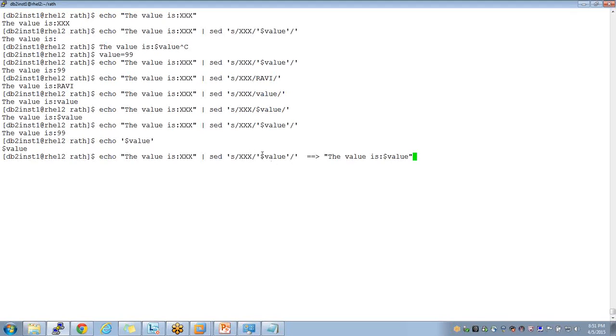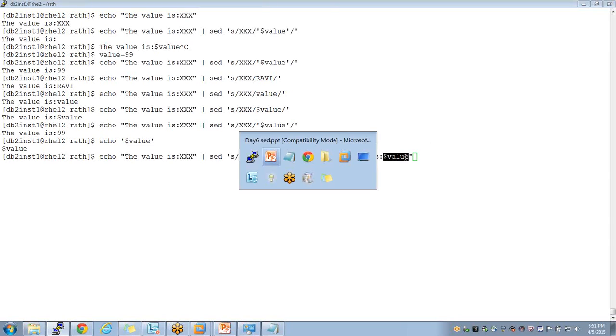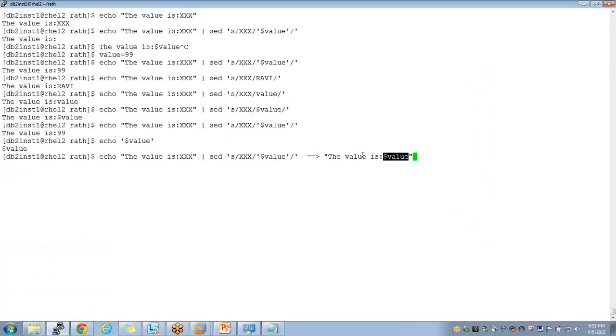First step, it replaces XXX with $value. The second step is it echoes this to the screen. It is like running a command now. The second step will become like this. The moment you do this, it looks for this value variable. Oh, got it. Okay, got it.